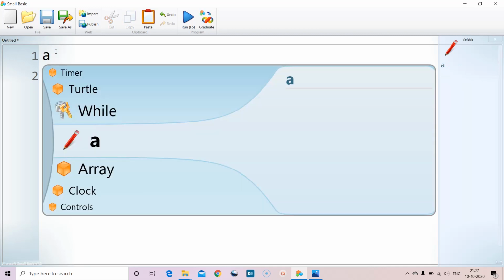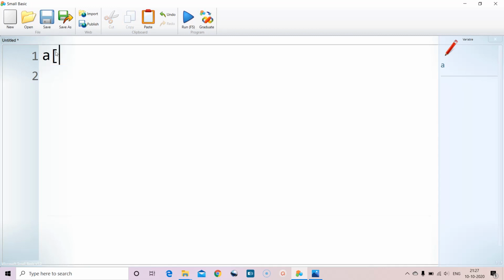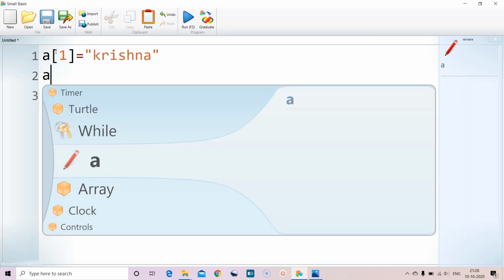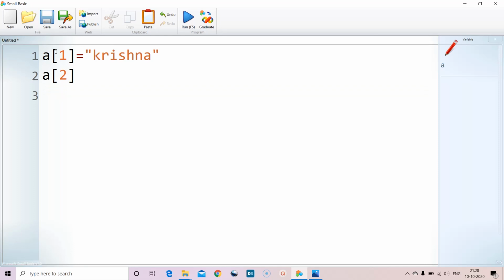Suppose I am storing A[1] is equal to, let us say, Krishna. I am storing names here. A[2] equal to Satvik. A[3], we have to use the square brackets, let us say Lakshmi.